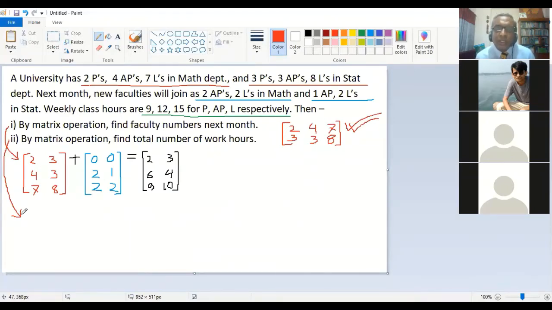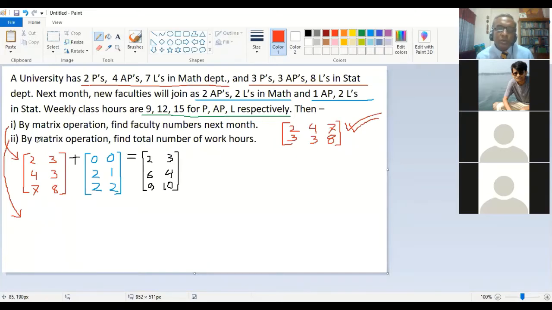So the thing is, both ways will be correct. Let us move to the second question. The second question is again a matrix operation. Operation means what? Operations means addition, maybe subtraction, maybe multiplication, maybe also inverse. But in this case, it is not inverse because we did not discuss inverse. So in this case, maybe addition, subtraction, multiplication.